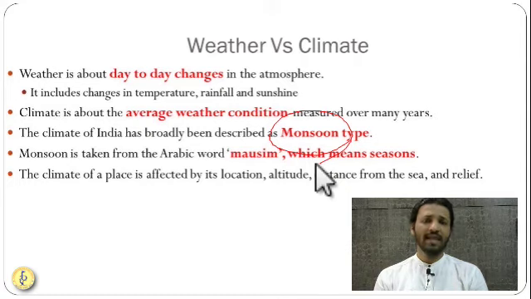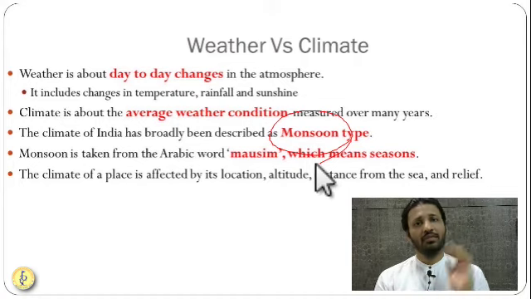As we have seen, so many factors play their role in deciding the climate. Climate will be decided by the type of mountains surrounding your region. Climate will be decided by the relief features. Climate will be decided by the presence of sea, presence of rivers, presence of, let us say, forest in a particular area. And now human settlements are also affecting the climate.